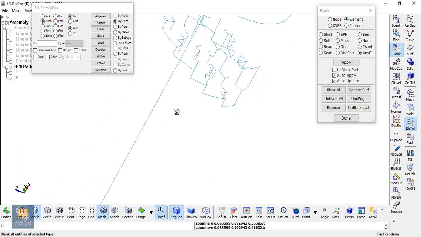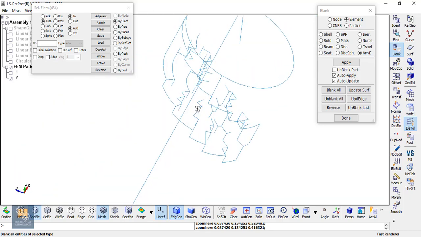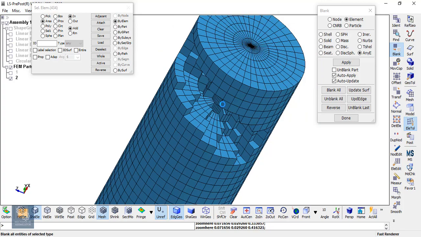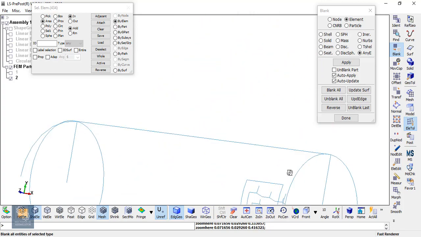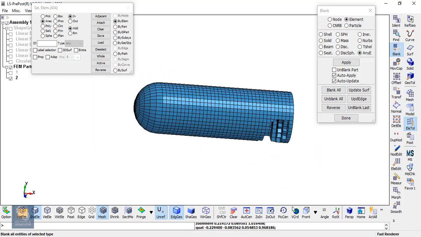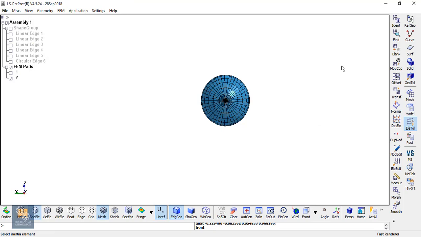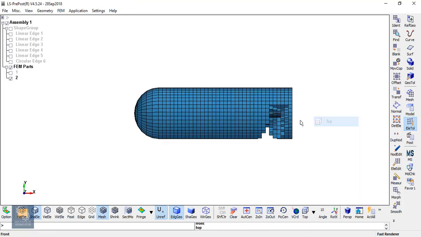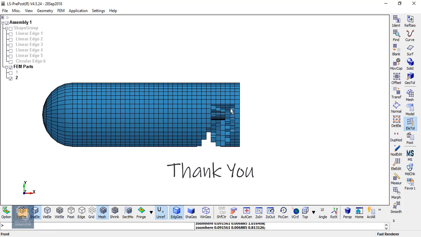See how the elements have been meshed. It seems good to me, and this is how a geometry can be created and meshed as well. Thank you.